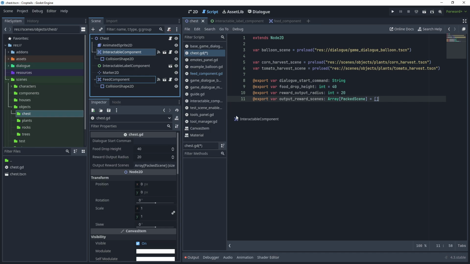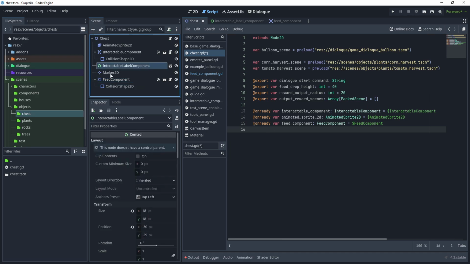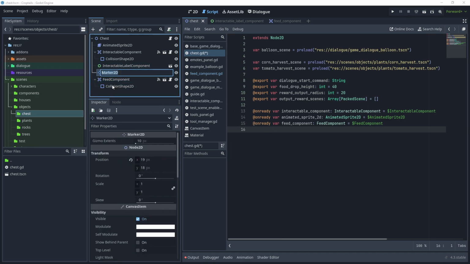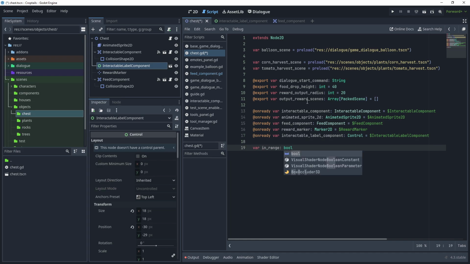Then click and drag the interactable component and then hold Control and then add the interactable component as an onReady variable. Do the same for animated sprite 2D, also for feed component. Then click marker 2D and just rename this to reward marker, and then click and drag and add this as an onReady variable, and then get the interactable label component and add this as an onReady variable too. Then add variable in range, which is a bool, and then variable is chest open, which is also a bool